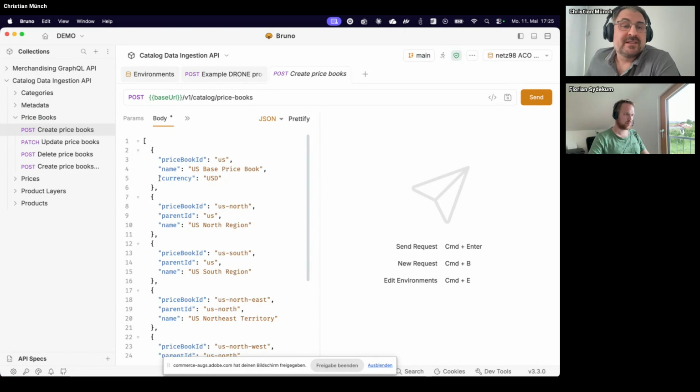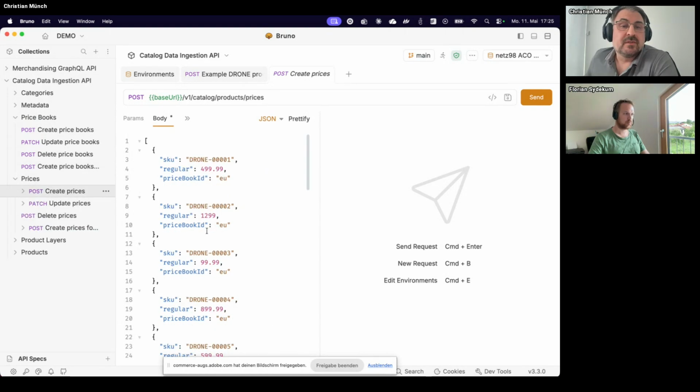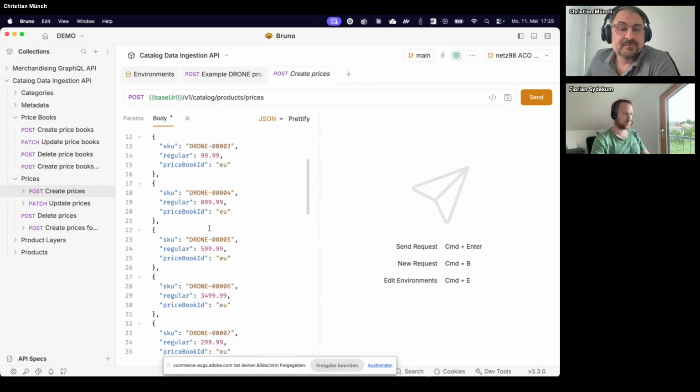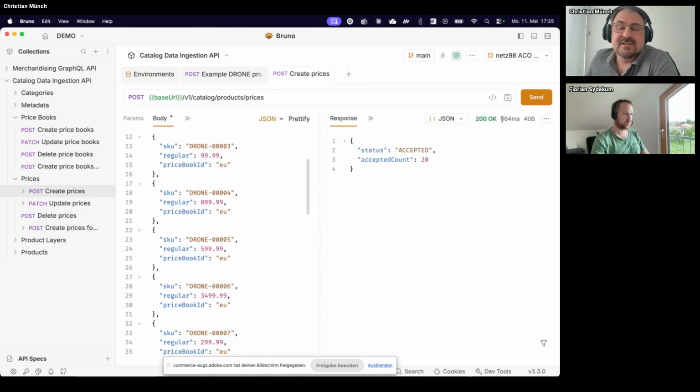And then you can assign prices, also as batch, to a product. You just need the SKU, and then you reference the price book and set your price here. So it works. Let's do it. You see, it's same performance, below 1 second, but in this case I sent 20 items.